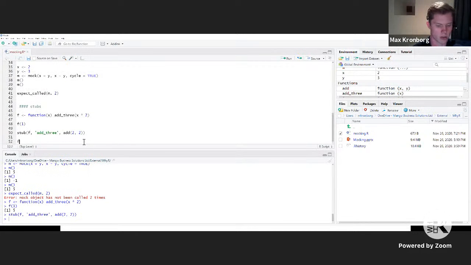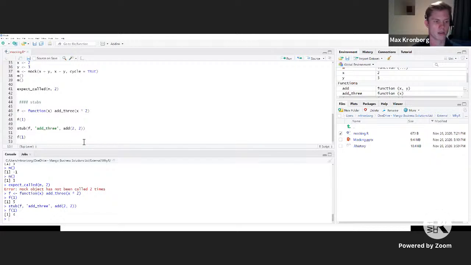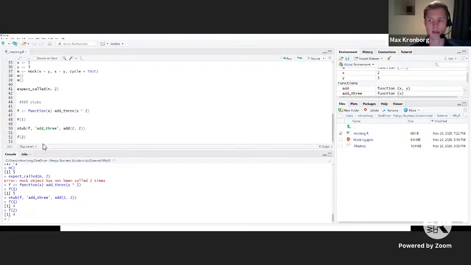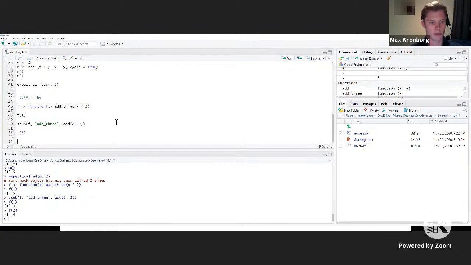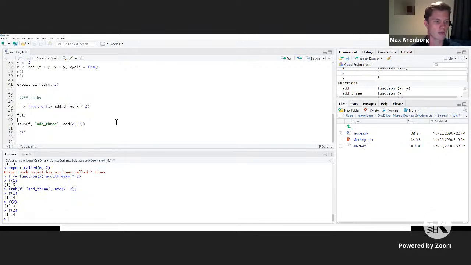So we do this and we run f like this. And at this point, we've actually removed it from the argument, but it'll return the result we've specified here instead. You could go further and plug an m in there or a mock and use it that way as well. But that's sort of the base functionality of stub, which, as you can see, is quite similar to with mock, but I guess conceptually it's a little bit different in that you predefine it, and it's basically still valid as you keep running it.